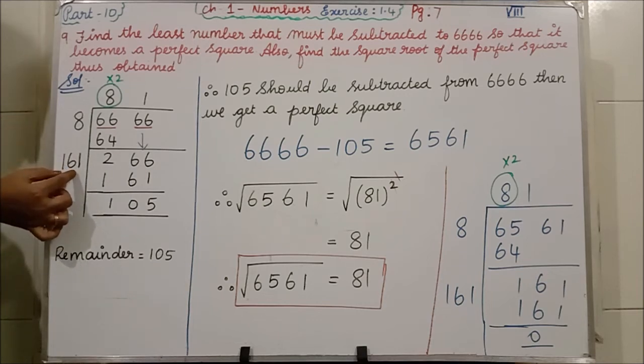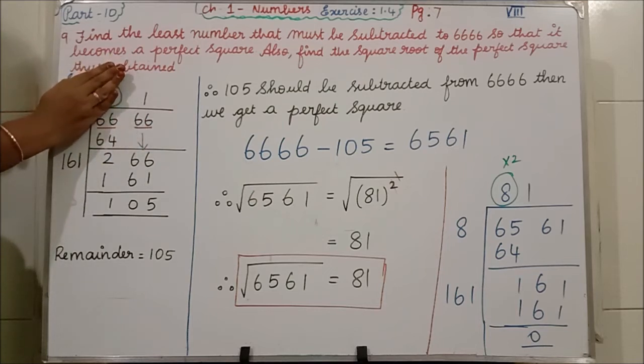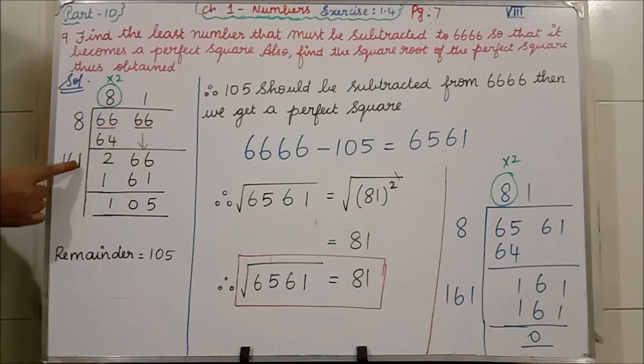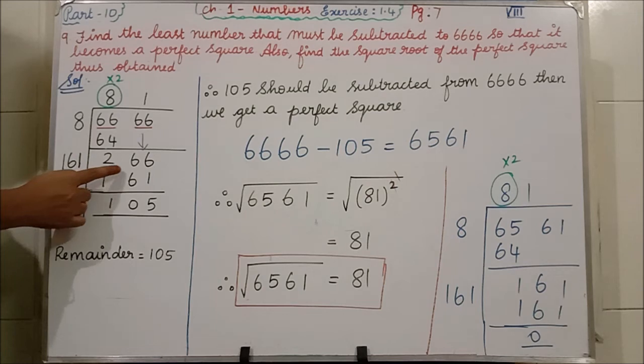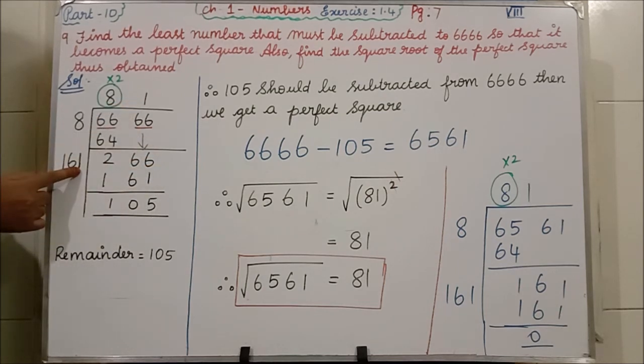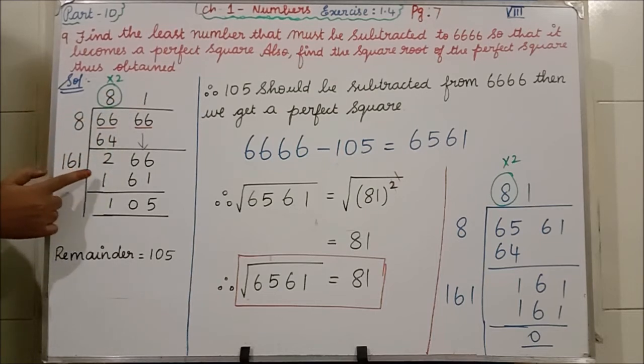After writing the 16 here, you have to forget about this first row and this both 8. Then what number are you writing? The same number here also you have to write. Isn't it? Here we are having 266. So if I write 1 here, here also I am writing 1. 1 into 161 is 161.